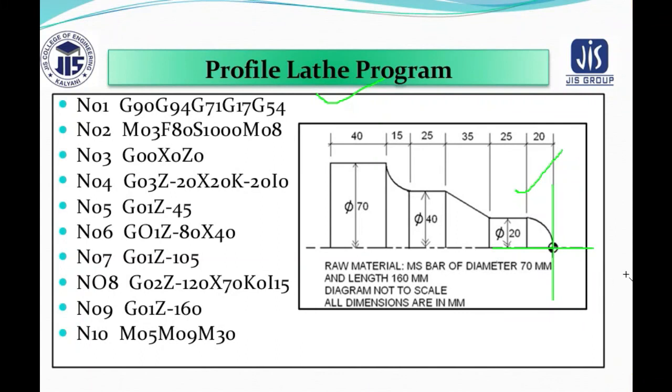For lathe programming, I always suggest that you choose the center axis of the job profile as the coordinate origin, so that it is easy for everyone to calculate the coordinate values for x and z. What I have told, again I am telling: this portion you have considered as z positive. If this is z positive, then the opposite will be z negative. If this is x, it will be minus x, and this will be plus x.